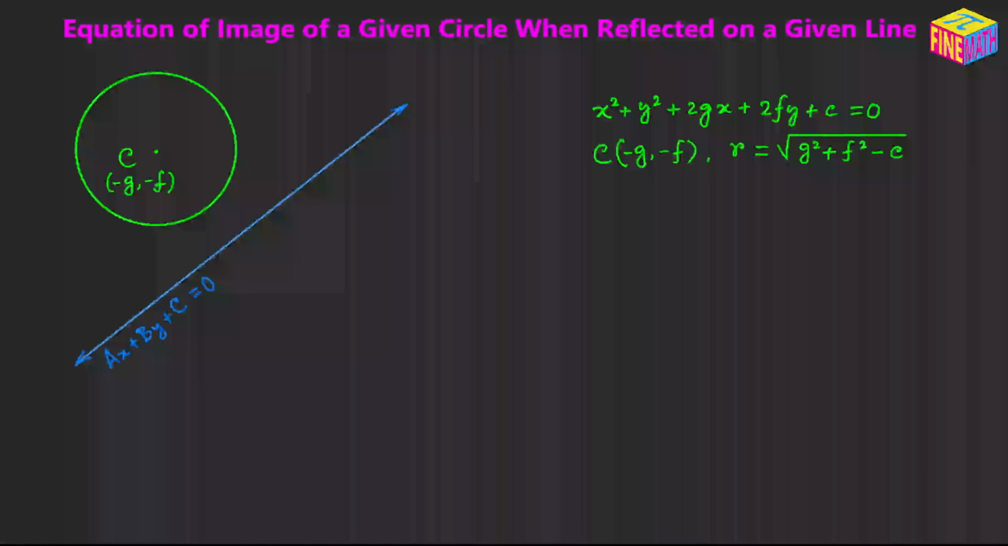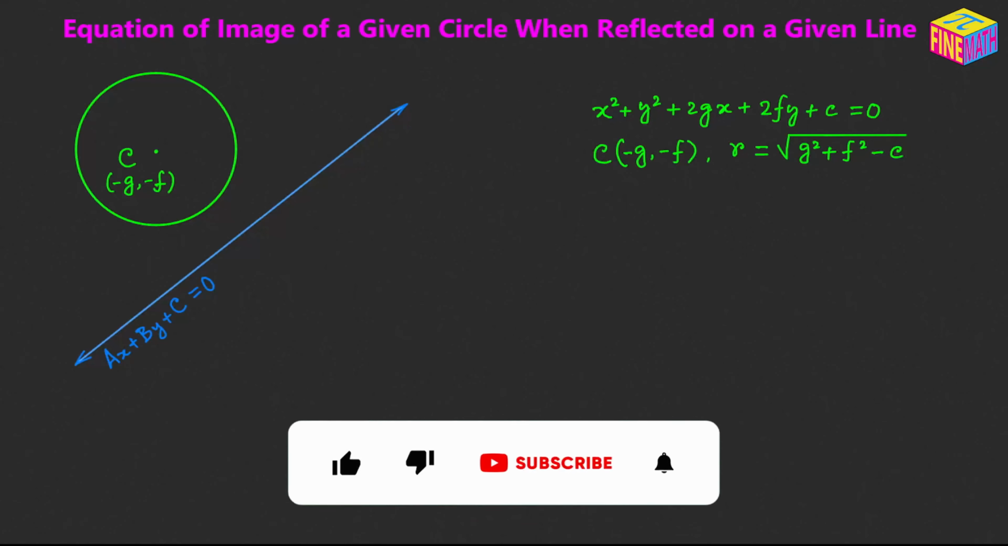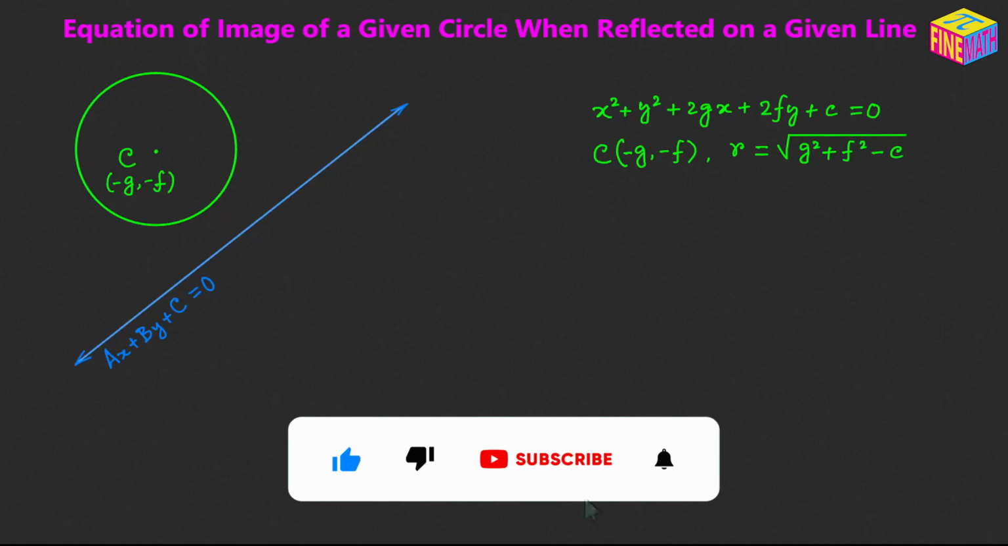Hi everyone, in this video we are going to see how to find the equation of the image of a given circle when reflected on a given line. That means we will be given the equation of a circle and the equation of a line, and we have to find out the equation of the image of this circle if we assume that that straight line is nothing